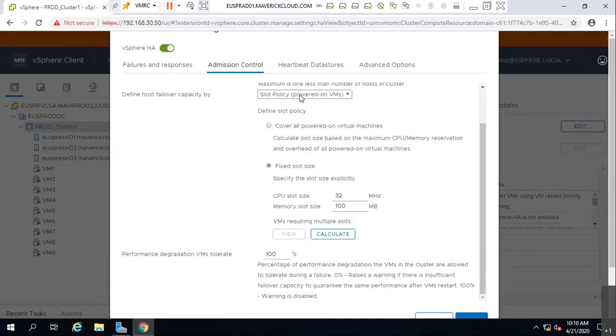If you ask me, I'll recommend host failure cluster tolerance equal to 1 or equal to 2, whatever. That option I will always prefer, because I don't need to worry about anything. The only recommendation is that all the hosts within the cluster must be of the same capacity. That is what the VMware recommendation says. I'll inform the customer, if you want to purchase a host, please purchase from one vendor, same capacity, same version of hardware and same CPU architecture. Then this HA option will work perfectly for me. So I will always prefer the first option.